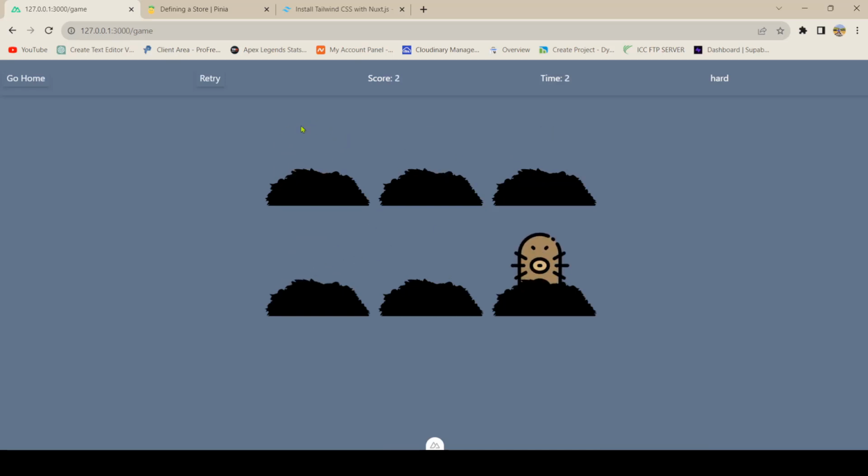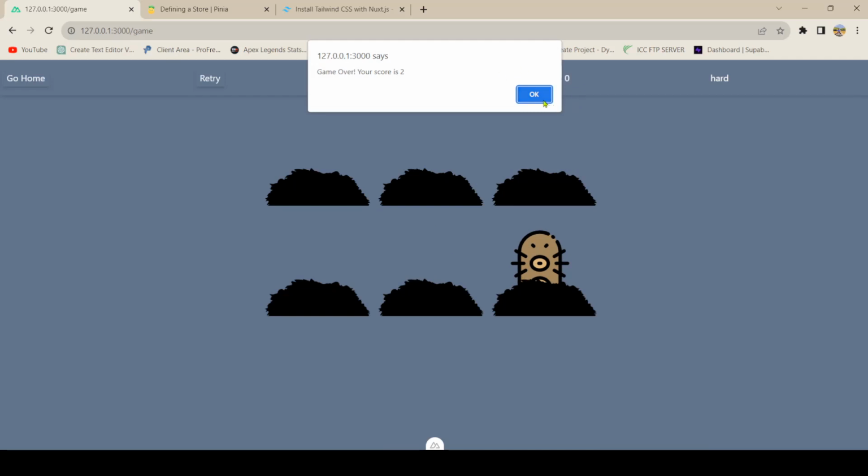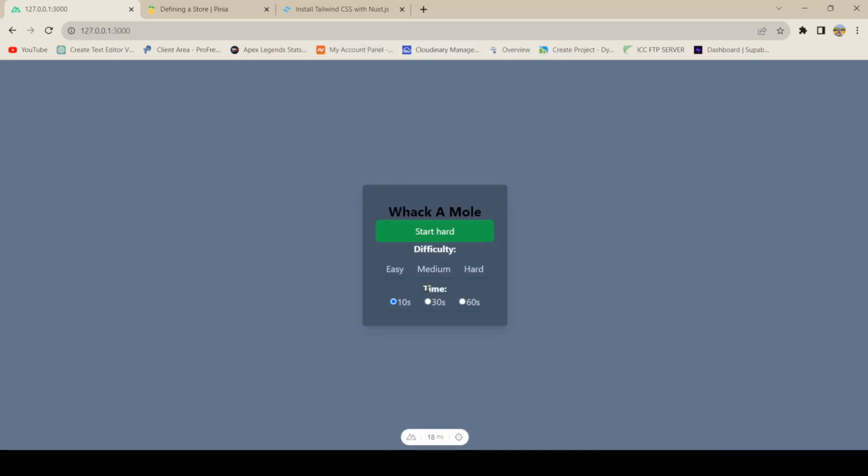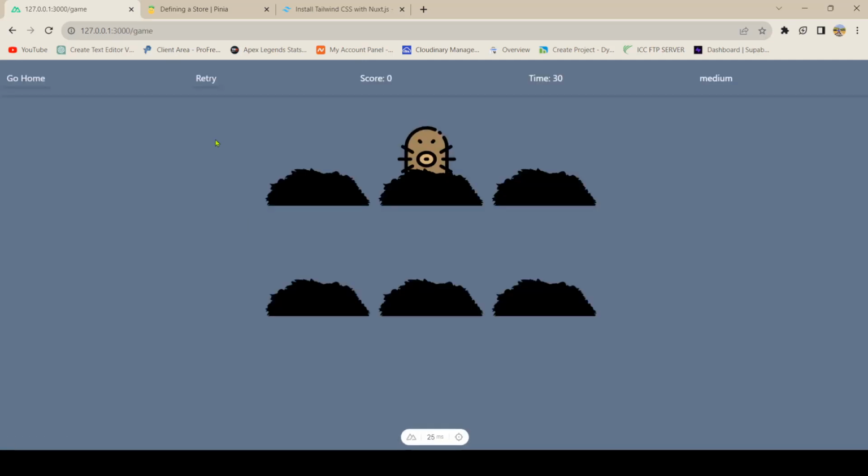But the next time I scored less. Okay, I can control difficulty and time, 30 seconds to 60 seconds, or I can increase it if I want to. And difficulty level is easy, medium, or hard. I can choose whichever I want,